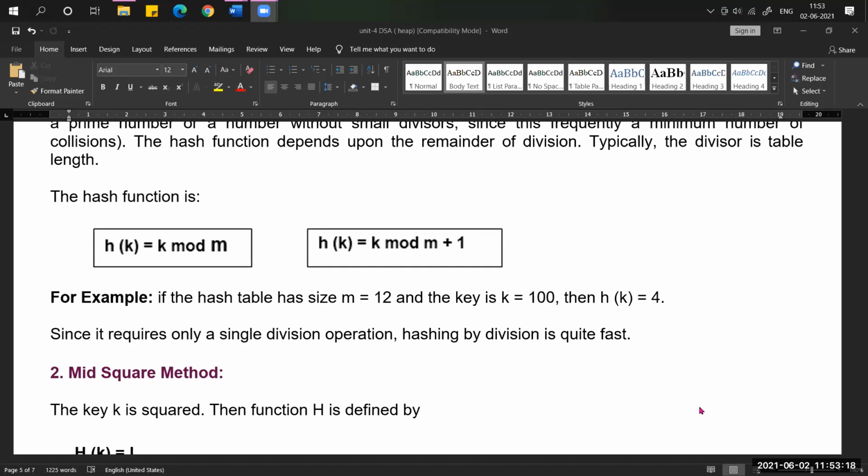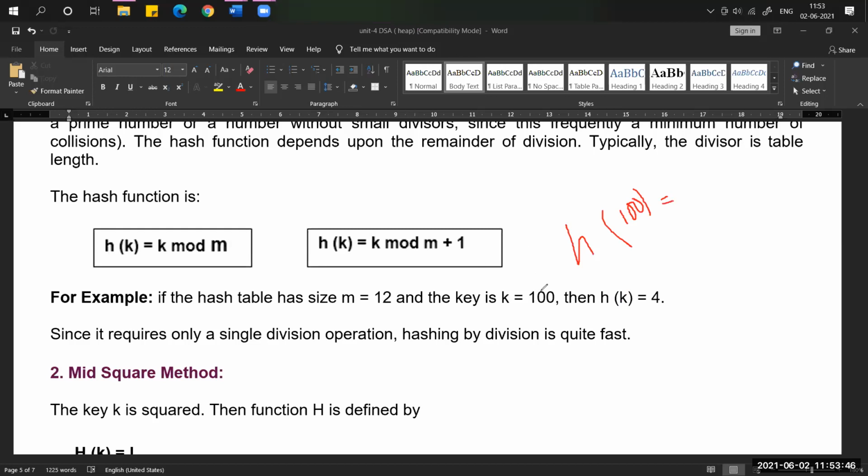We are going to find the location, the address location. How are we going to find the location? Based on this formula, h of k. H of k means, for example, h of 100 equal to k modulus m.